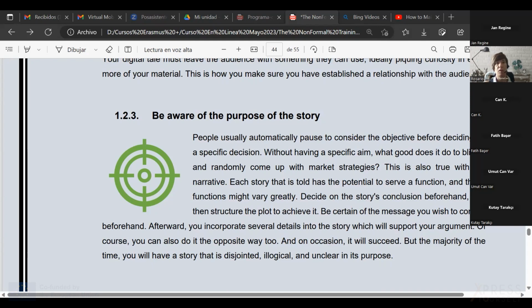As I said, that video called My Dad had a function for the woman who made it. I don't know which one. Maybe it was just to tell us how to make a storytelling, but maybe it was just to tell her personal story to her family. For me, it will not have any function, but as it says, functions might vary greatly. I can get it and use it for a different function, being that one enhancing personal relationships in my students.